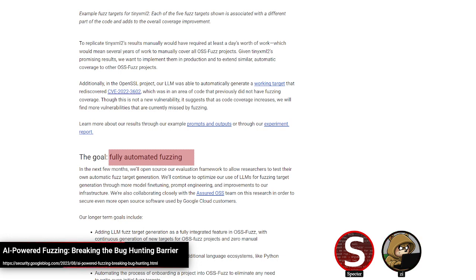Toward the end of the post, they state they would like to get more fully automated fuzzing eventually, like being able to set up initial fuzzing on targets without any manual work, and getting it working on non-C based projects. But yeah, for now they're keeping their goals modest, and it seems pretty promising. I can definitely see this also being used, as they mentioned, for other languages, running test cases, especially on something like Python, which is a little bit more flexible in terms of what it accepts.